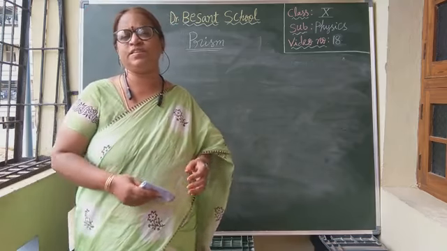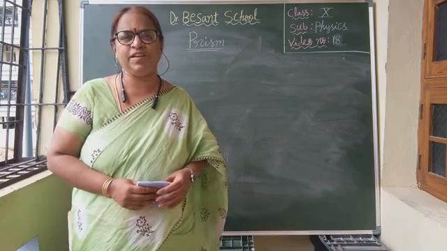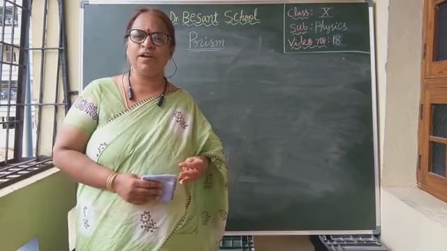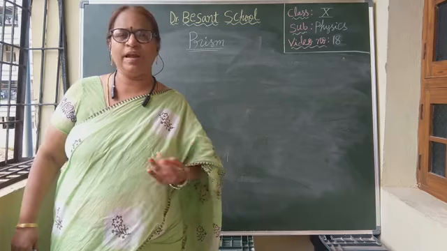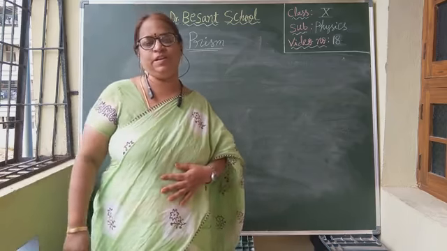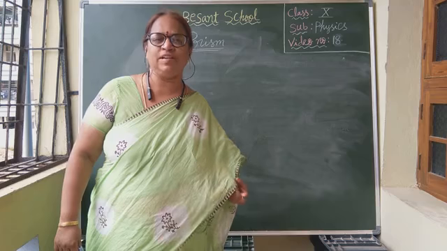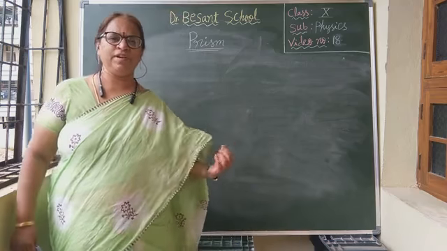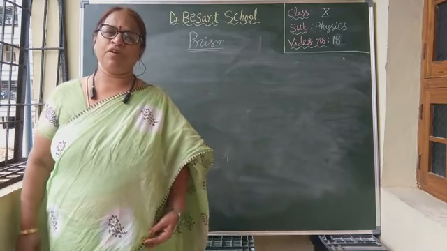Up to the previous session, what did we learn? We have learned all the three common eye defects. What are they? Myopia, hypermetropia, and presbyopia. Why the defects form and what the corrections of the defects are, all that we learned. And also we learned about power of lens. What is meant by power of lens? The reciprocal of focal length is called power of lens.